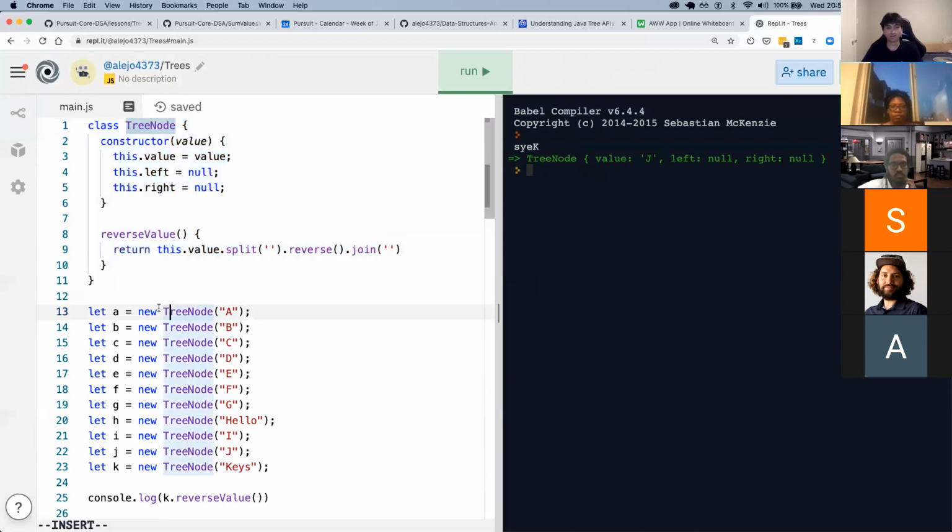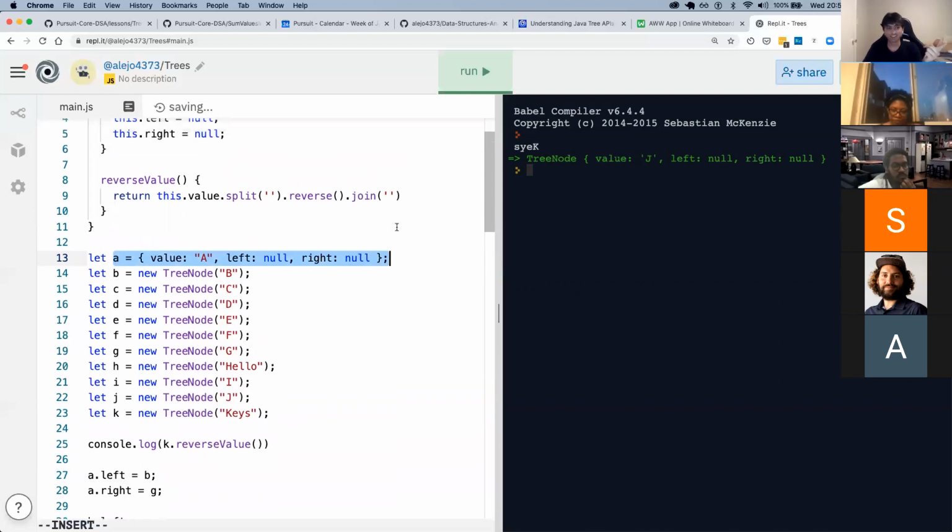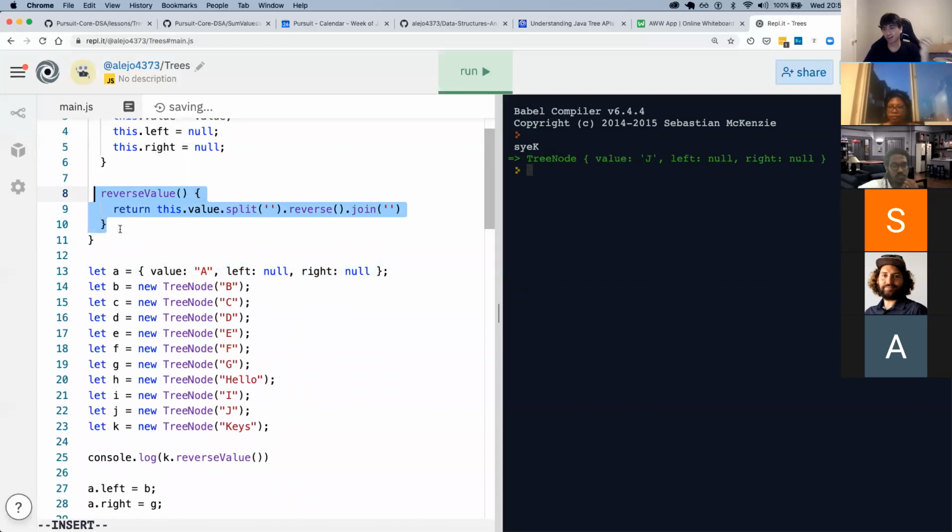But if I go back to the example where we have a value, left null, right null, then this is an object that does not have the reverse value function.